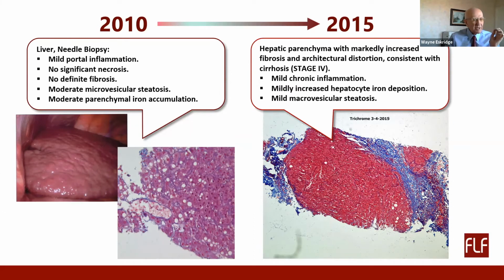So I went from 2010 to 2015, going from what we look back on as probably an F2 NASH, which is a serious condition, to when I was finally diagnosed in 2015 with stage 4 cirrhosis. And most people don't get to look at their slides, but I volunteer for things, so I get these pictures. And during that period of time, I had a lot of tests, but none of them showed anything.